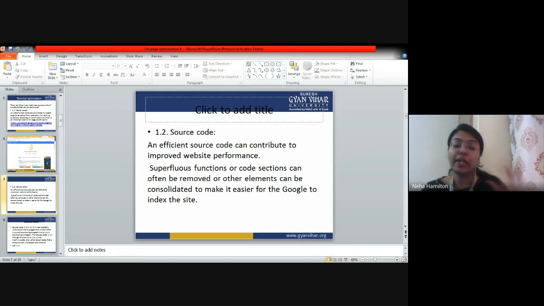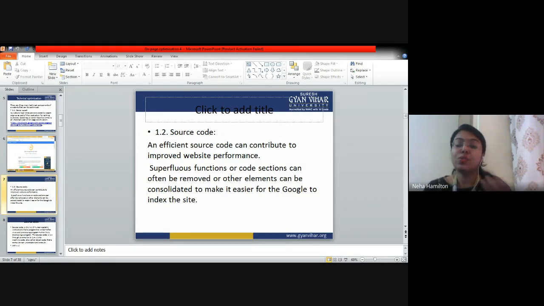So, whenever you are writing source code, there are some things that you should keep in mind. The source code should not have redundant code. Redundant means repeated code; the same code should not be written again and again, okay? And whatever undesirable coding there is should be completely abolished, because overcrowding of code and programs makes it difficult and complicated for the search engine to read your source code, right?